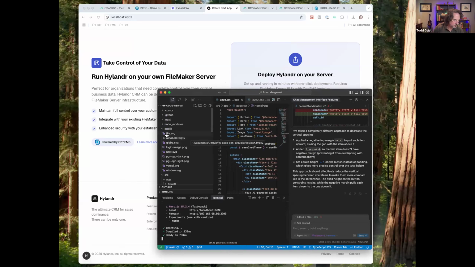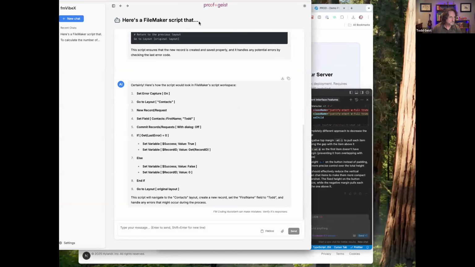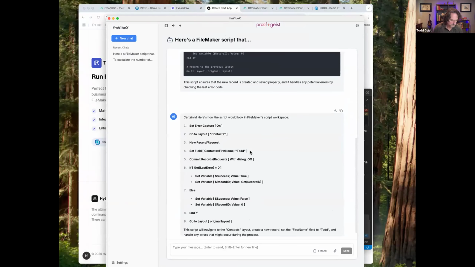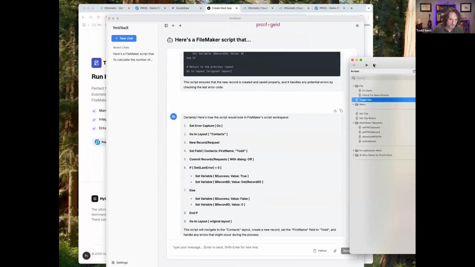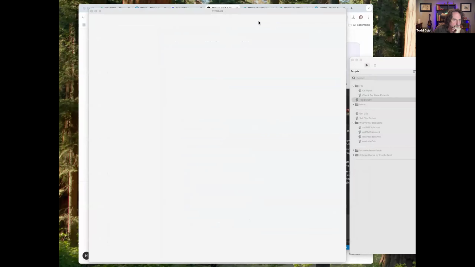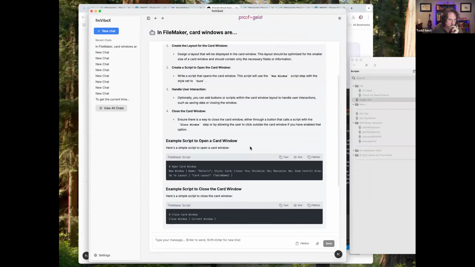All right, and then we'll open the file. And then I need to toggle the dev mode here. All right, so this will at least let me show some of the coolest parts about this.